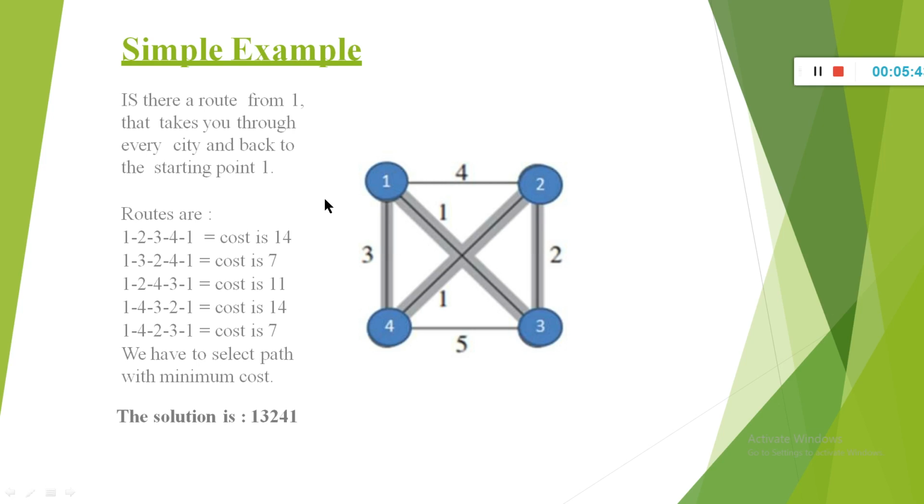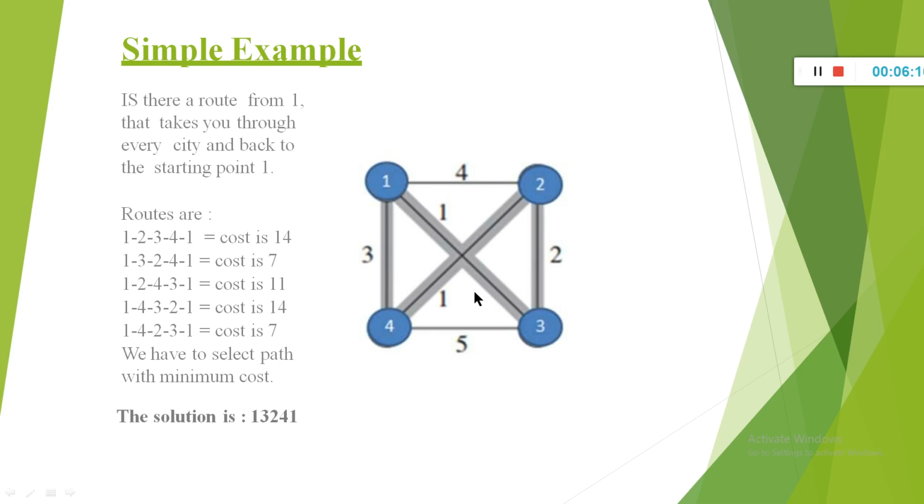So, a simple example. This is a graph we have taken here. There are four vertices, or four cities, 1, 2, 3, 4, and we have defined the paths, or you can call them routes, showing how each city in the graph is connected. So 1 to 2 there is a connection, 1 to 3 is a connection, 1 to 4 is a connection, like that. It is an undirected graph where the numbers 4, 1, 2, 1, 5 specify the cost of each route.